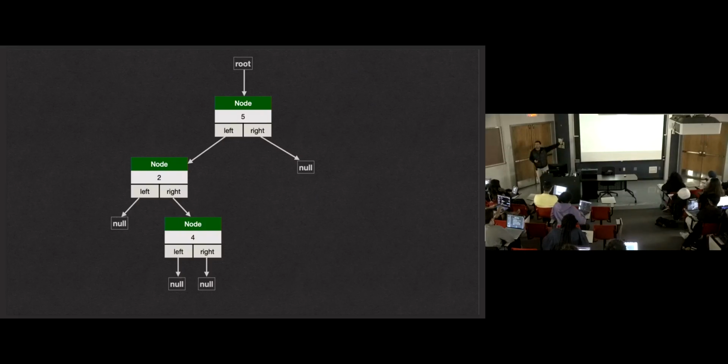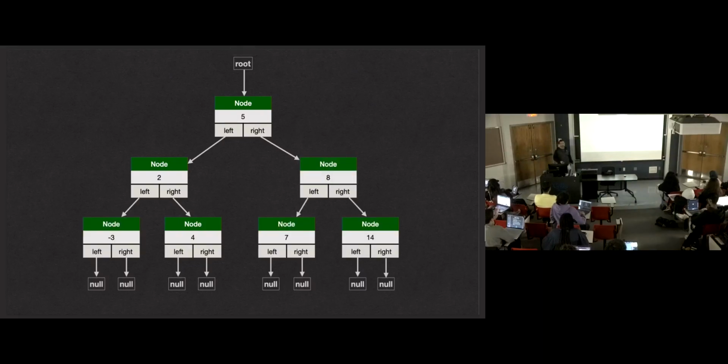I like saying this right up front because I used to see a lot of mistakes in homework until I added the slide and explained it. A lot of mistakes on homework where students would say, if left equals null, assume right is also null, or vice versa. Assume left has a node, or if left is not null, then assume that right is also not null and start traversing the right child as well, which is going to get a null pointer exception. Or in the first case, it's going to miss part of the tree. So make sure you have all cases addressed. Left and right, any mix of null and not null are all valid. But for the lecture, I'm going to have a nice balanced tree just so the slides look pretty.